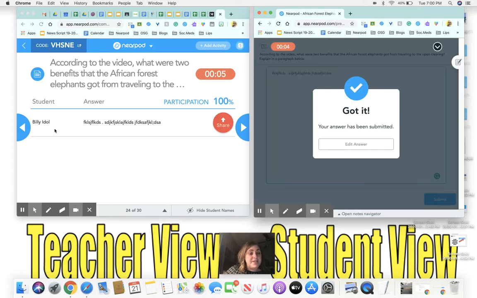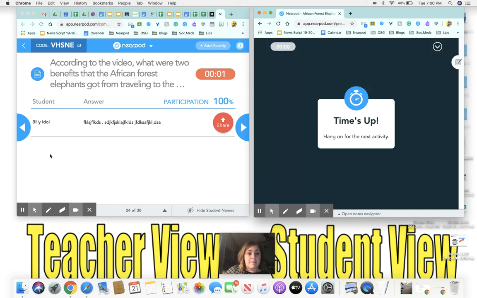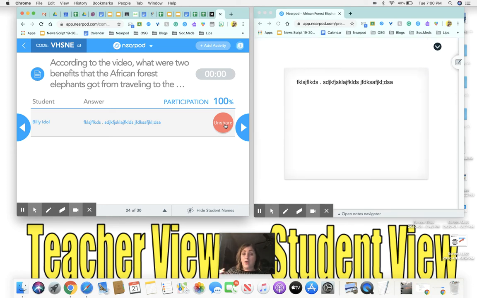And you can see on the teacher end that Billy Idol has submitted his answer and your students' names are going to pop up here. Okay. Now the timer has run out. Now you also have the ability to share specific students' answers, and they're going to show up on all the students' screens, but they're going to show up anonymously. Now, so you have the opportunity now to talk about these